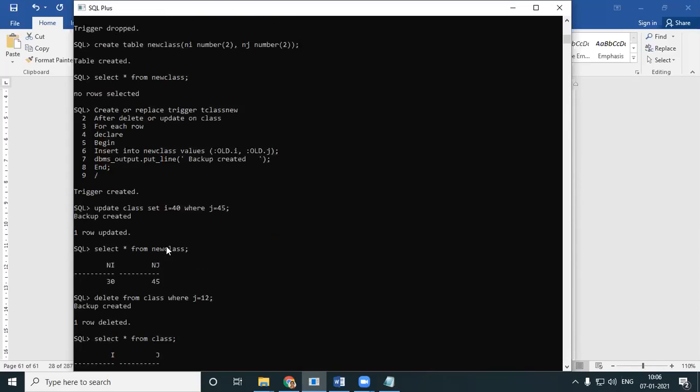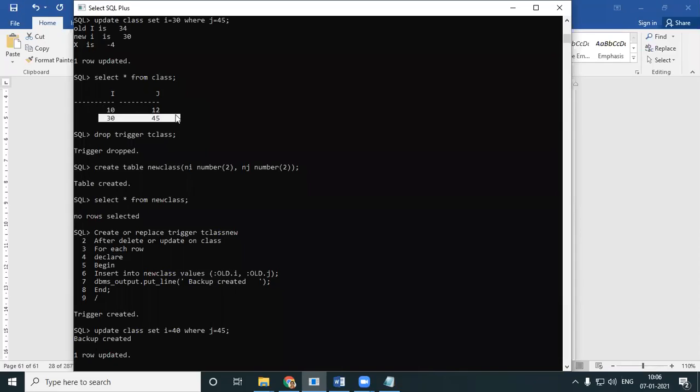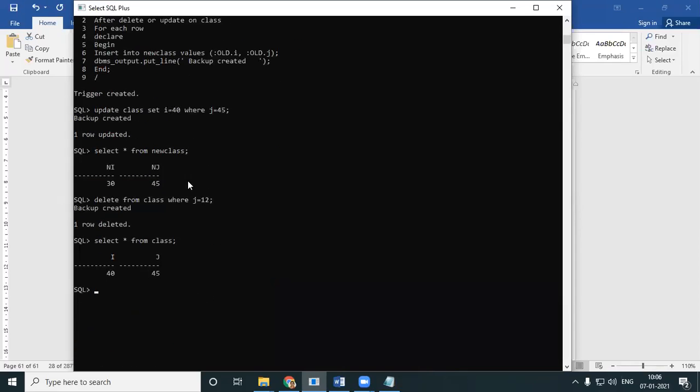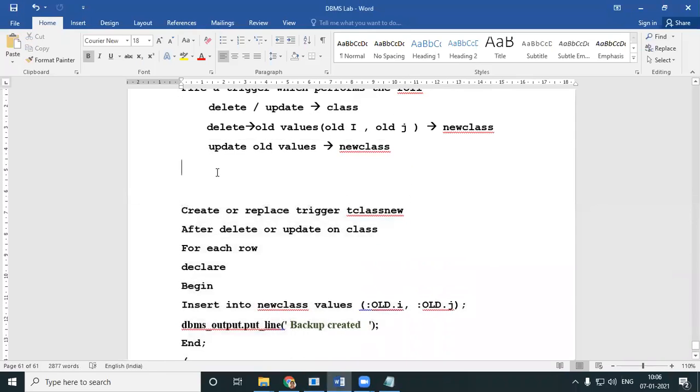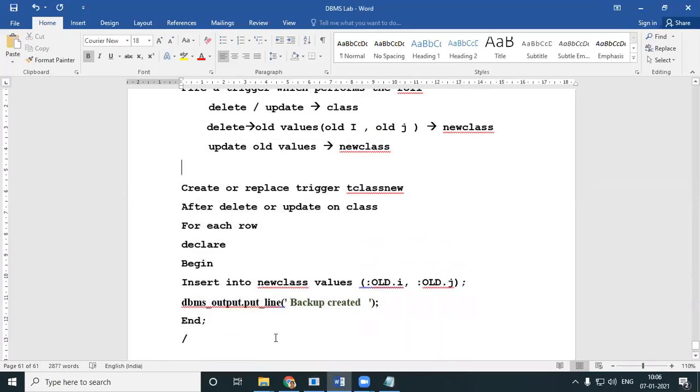My 10, 12 from my class is gone. Let's see in my new class. Yeah, I have a backup in my new class. So this is how you normally create your backups in your DB. You can fire a trigger so that whenever you delete or update, a backup of all of that goes into another table.